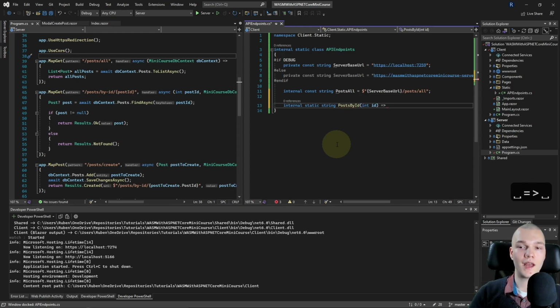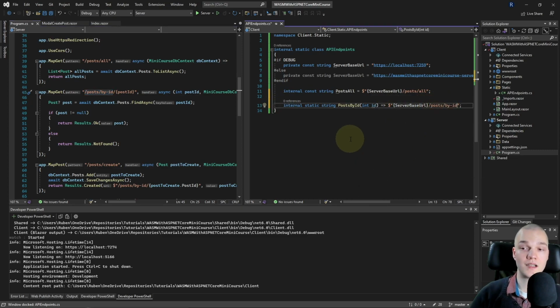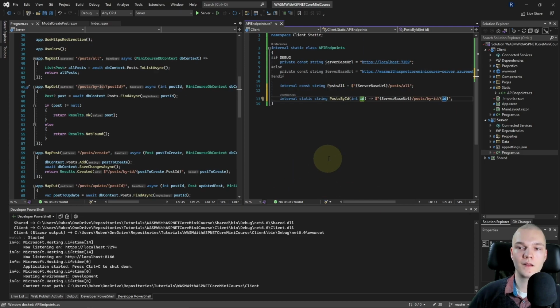And then I'll do an arrow because we'll only run one line and return this interpolated string. And for that I'll do ServerBaseUrl slash posts, and honestly we can just copy and paste this here. So slash posts slash byId and then slash and then curly braces and pass in that id parameter. Right, save that.